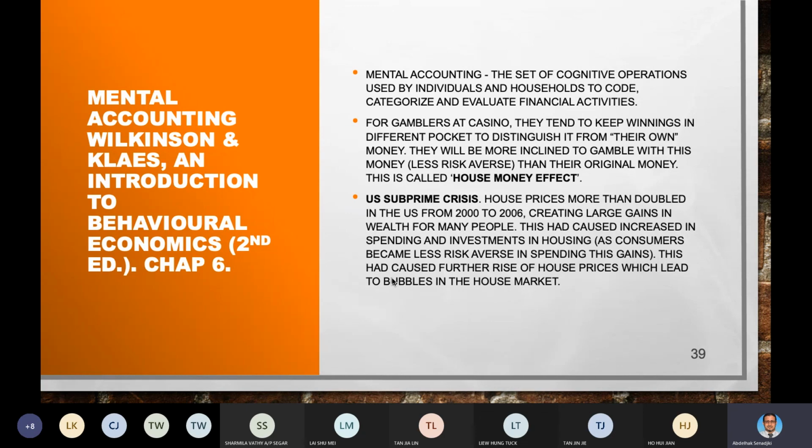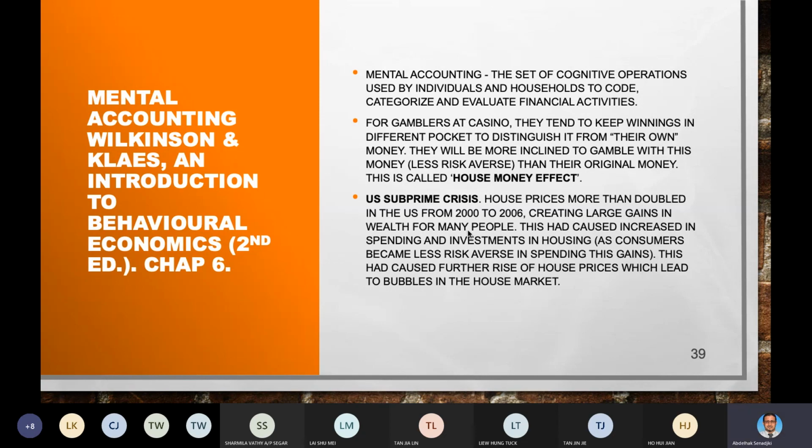So at the end, we can talk about mental accounting, from Wilkinson and Klaes, An Introduction to Behavioral Economics, second edition, chapter 6. We have these references. Mental accounting is the set of cognitive operations used by an individual or a household to code, categorize, and evaluate financial activities. For example, for